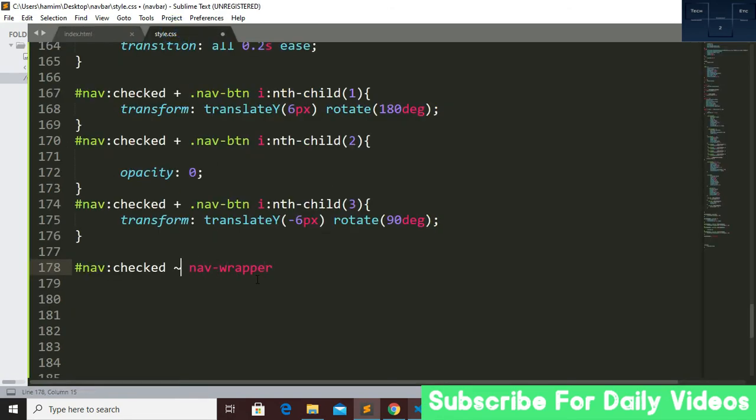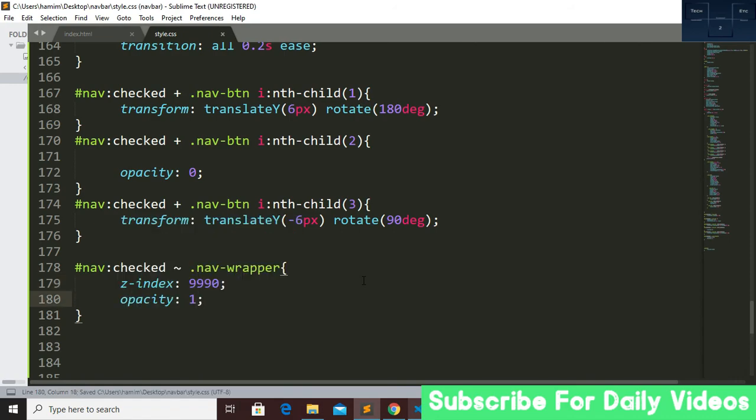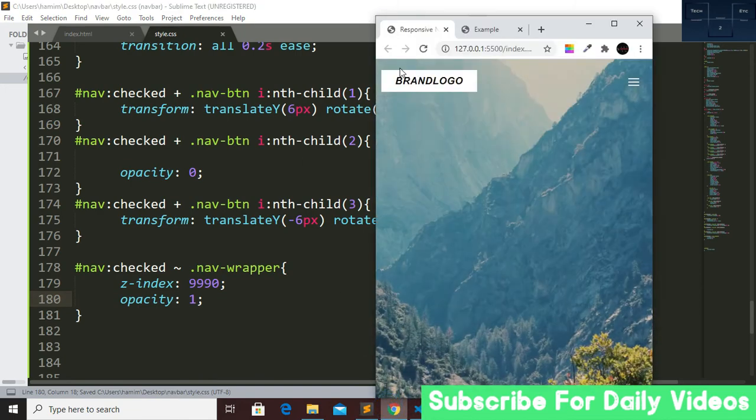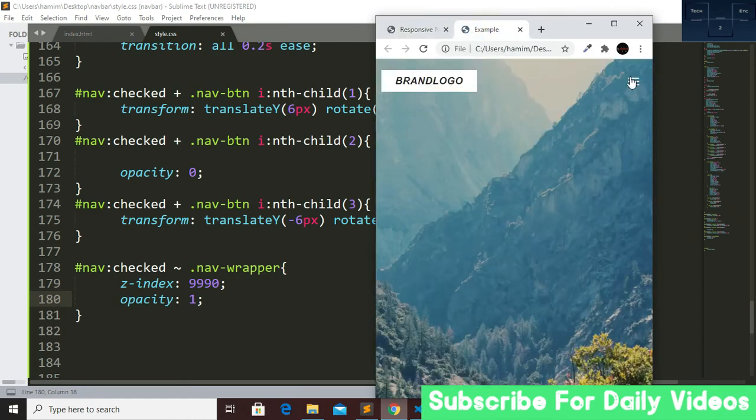Actually nav wrapper is a class. That's it. I want the z index. That's it, and opacity will be 1. So we now save, and if we now refresh, here you can see that this is now happening. Oh no. So yeah, this is not actually happening yet.